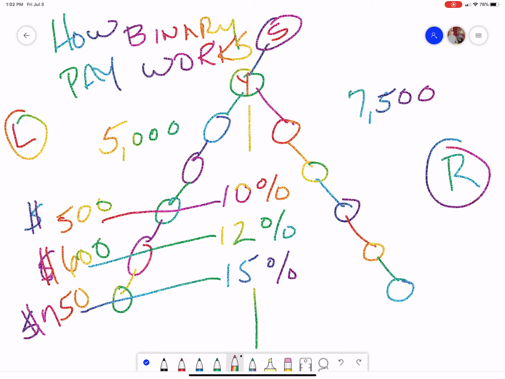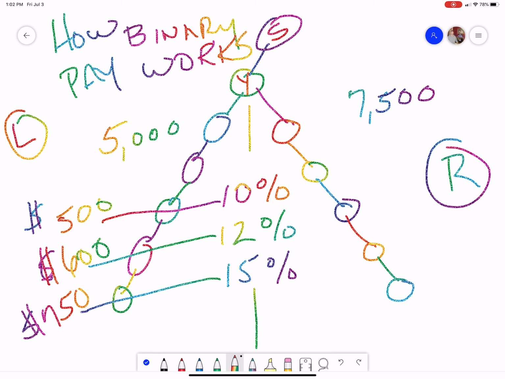Pay works. One of the things that needs to be really clear in a binary is that binaries pay to an infinite depth. That means you can have a million people on one leg and you will still get paid on those million people, whether or not you brought them into the company. So, how it works is